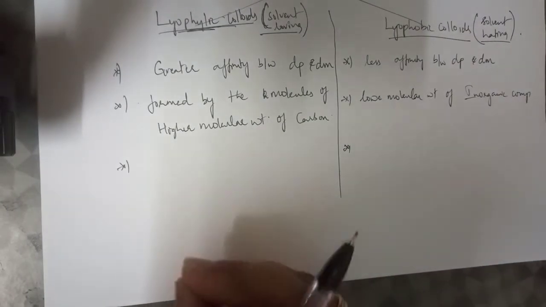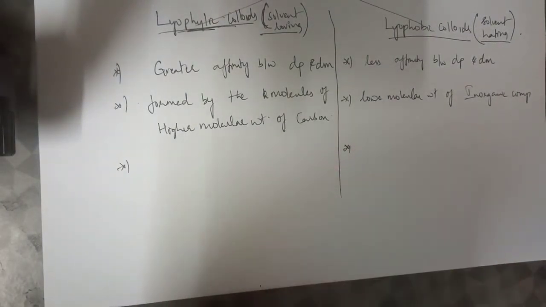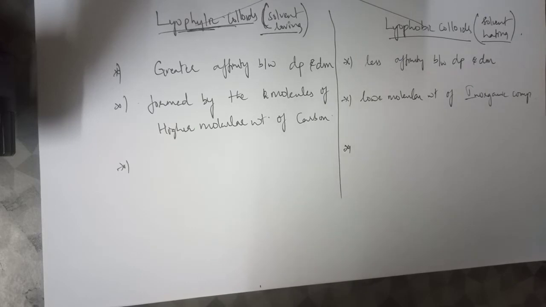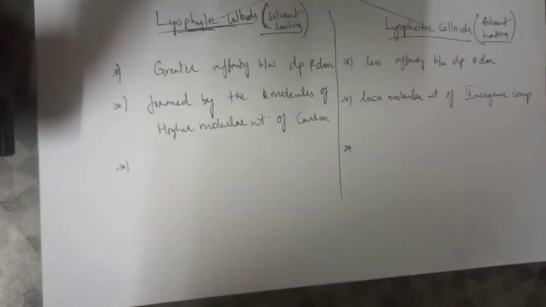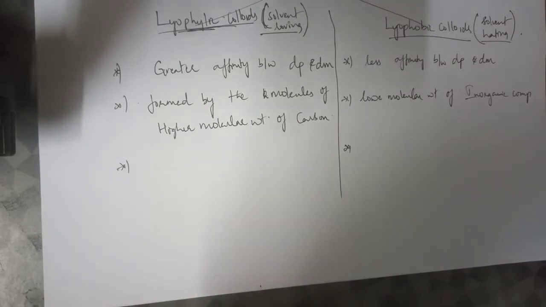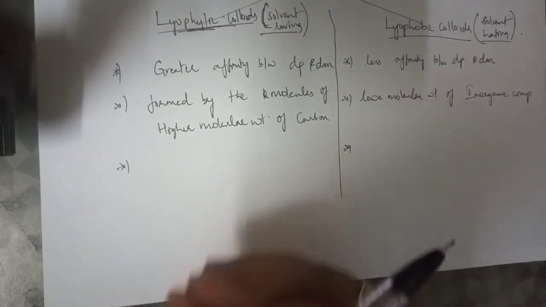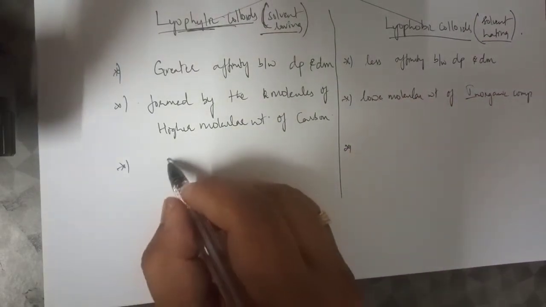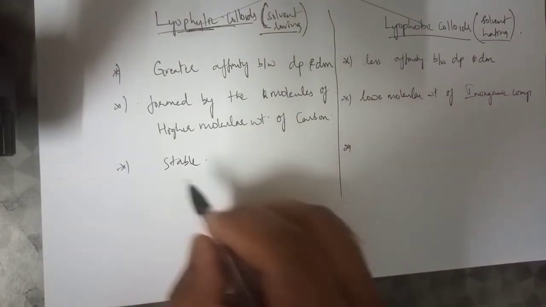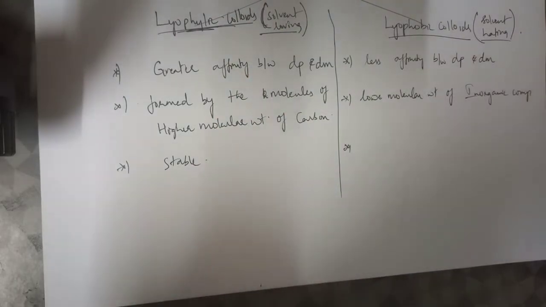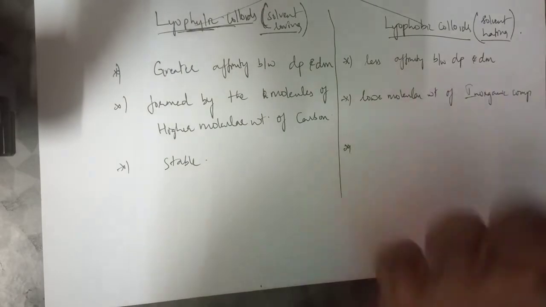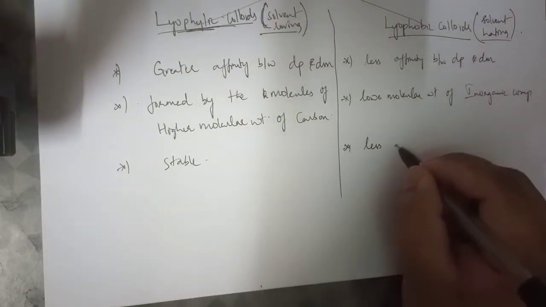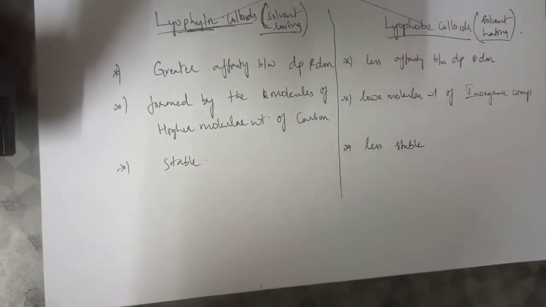And the third one is they are stable, so they need not be separated. If you want to preserve them, they need not use any external things. Already they have the greater force of attraction, so the colloids just interact with the solvent and they remain there. That's why I can say they are stable. The molecules in the colloids are stable, whereas these fellows are less stable.